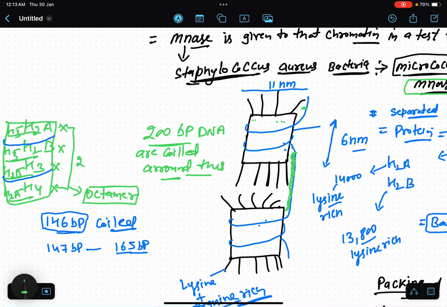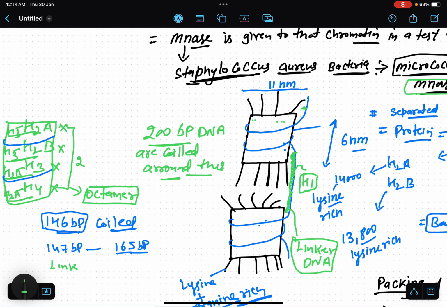This protein is known as H1, which connects the 2 histones, and this DNA which connects these 2 octamers is known as the linker DNA. If we find the base pairs of this DNA, these linker DNA